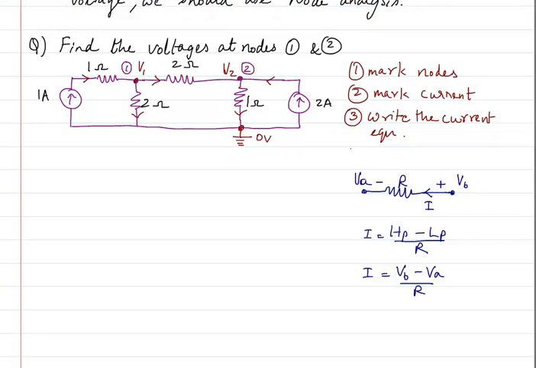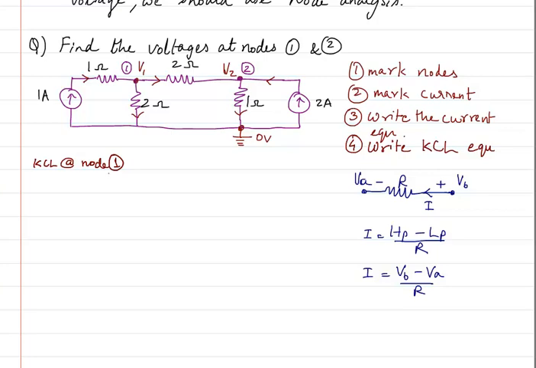The last step is, not last step, the second last step is write KCL. So KCL equation. So that is the next step that we have to do. We have to write the KCL equation. So how do we write the KCL equation? So we write it for each node. So I will write KCL at node 1. So remember, previously we had given for mesh analysis KVL at mesh 1, but here it is KCL at node 1.